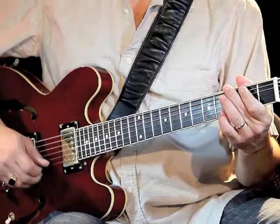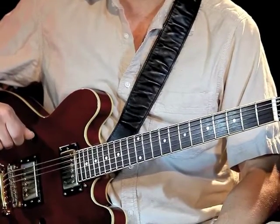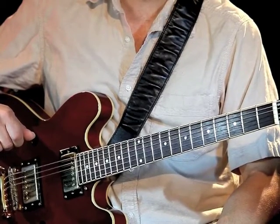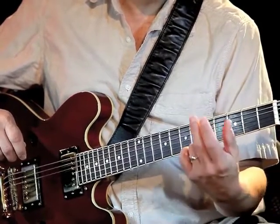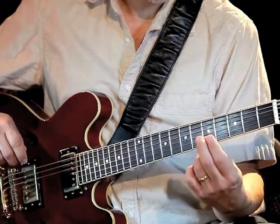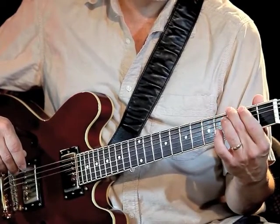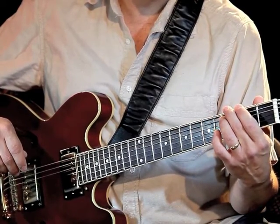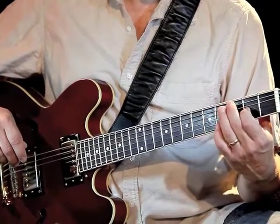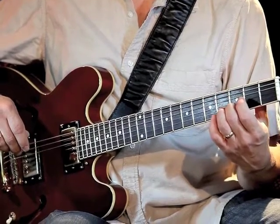Let me walk you through that pattern. It's very simple. Now I'm playing this in the key of E in the open position, and that means that I'm using a combination of open strings and fretted notes. And I want you to notice that I'm using my index and middle fingers to play these notes, because really it's a very strong combination of fingers, and because in this key the notes only fall on frets 3 and 2, by using my pointer finger, finger 1, to hit the 2nd fret, and my middle finger, finger 2, to